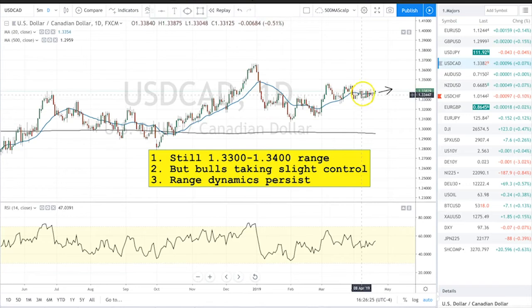Dollar Canada has been in this very, very tight low volatility range for about a month. We've been talking about 33, 34 really since the beginning of the month, right? We're almost at the end of the month. We literally have been in a 100-point range. It's just astounding when you think about how little volatility we've had in the FX market.